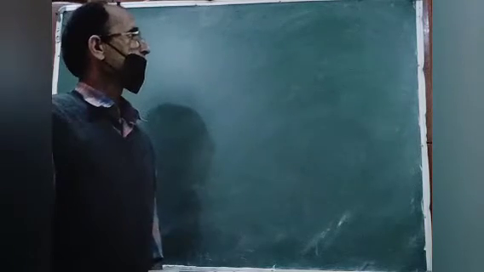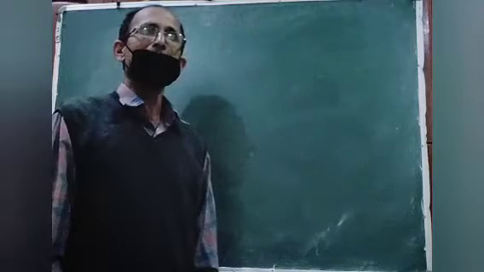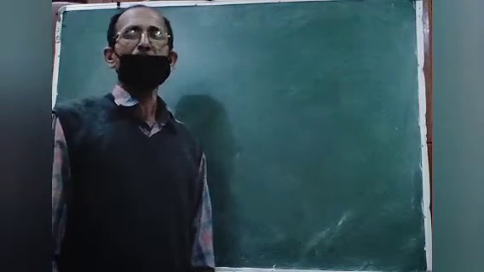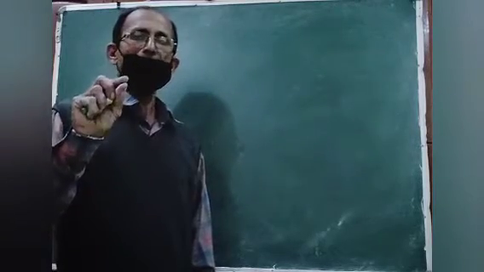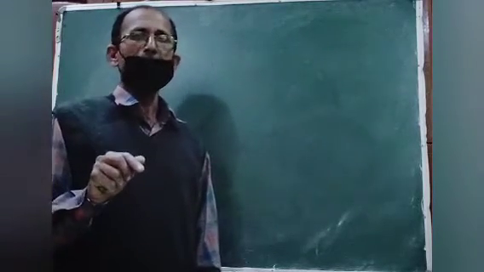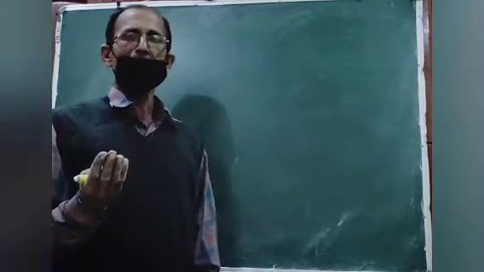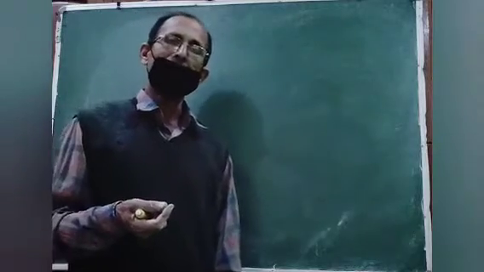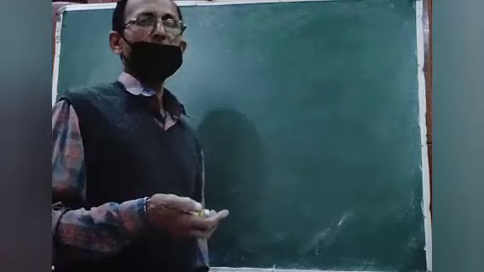Hello students. So chapter number 7 of class 10 is going on, and in the last discussion we discussed the triangle inequality property. In this property, the sum of two sides of a triangle will always be greater than the third side. Now in today's discussion we will discuss the Pythagoras theorem, and we will solve questions related to it.